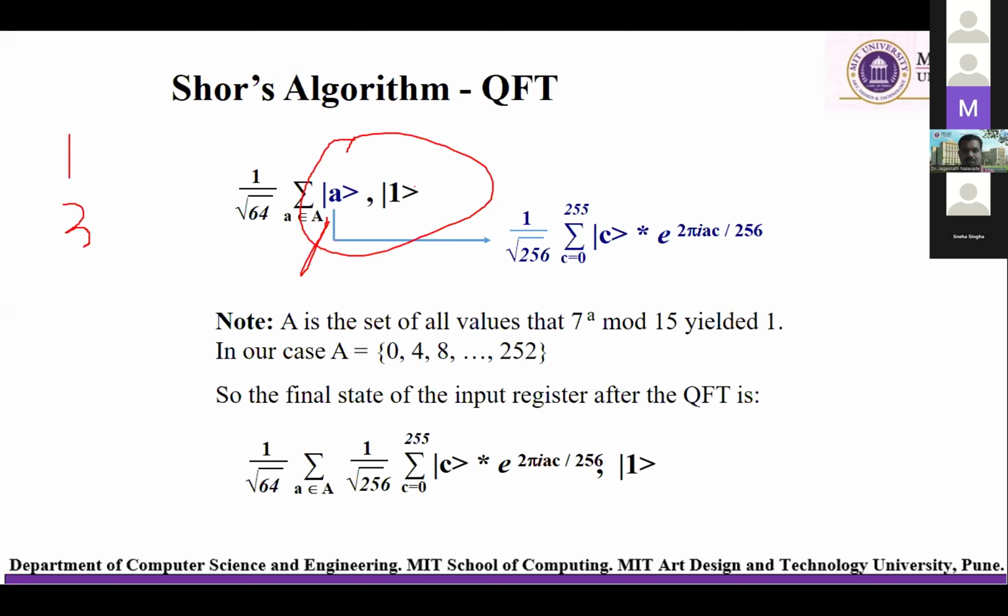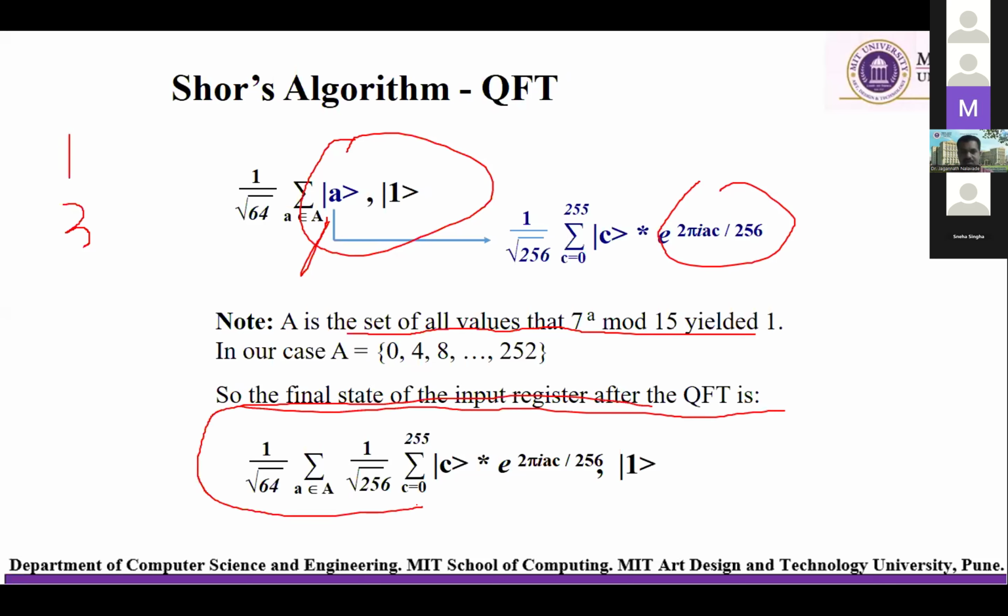We are considering |a,1⟩, and for this Q we can replace it by 256: 1 by square root of 256, c from 0 to 255. This is the transformation function. Here A is the set of all the values for which 7 raised to a mod 15 equals 1. In our case, a is from 0 to 252. So the final state of the input register after the QFT is,